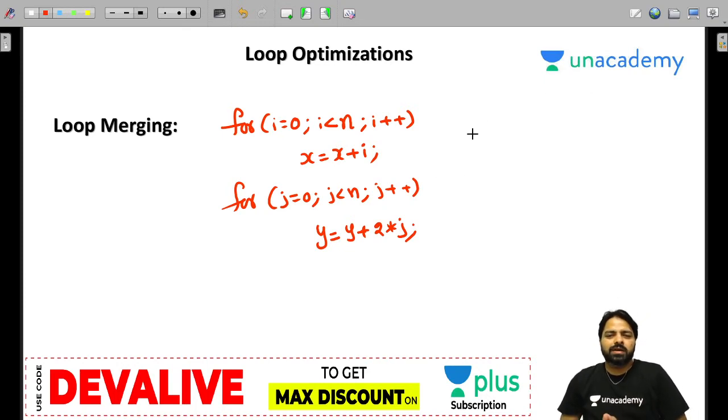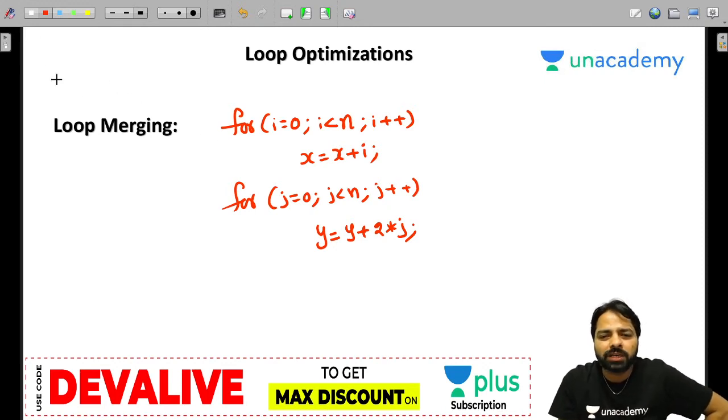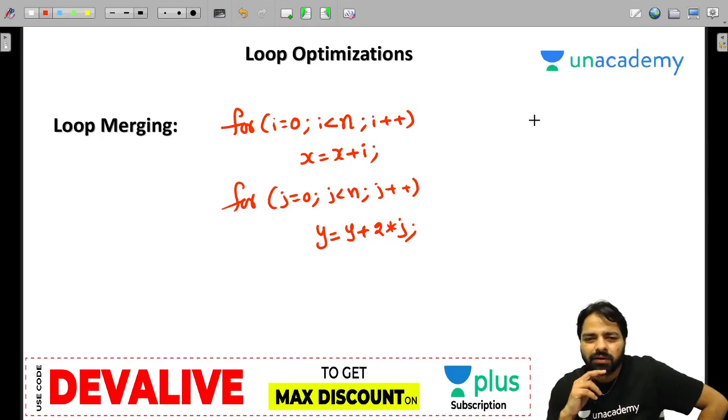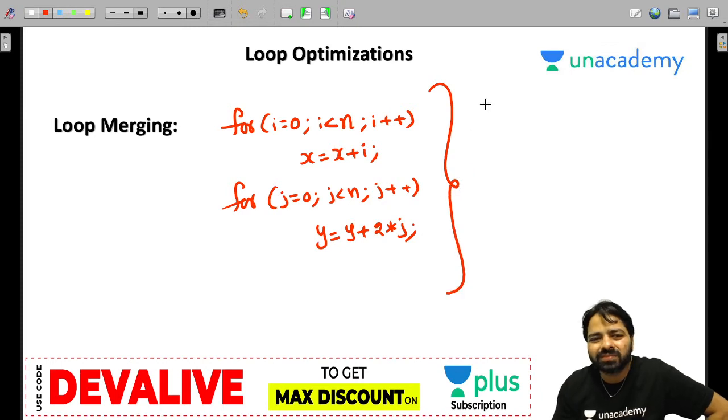Hello, friends. Now we need to perform loop matching. In loop matching, can we match these two loops? I've not left anywhere. I'm back. What is loop matching?